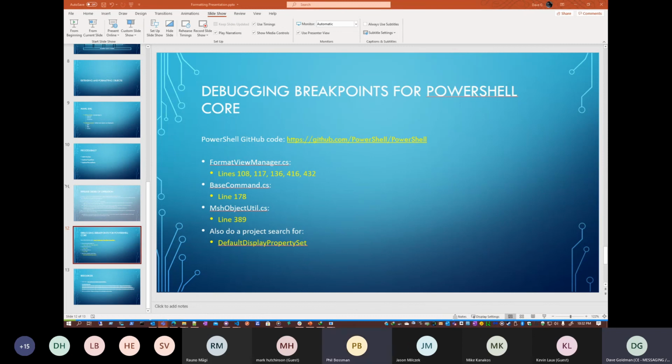If you want to do a simple repro, just do like we did here: create your own custom object, give it a type name, create a simple view, set that breakpoint, build your environment and run it. You can step through the code and actually see all four of the steps we went through: the format view manager, some of the base command stuff, the marshalling. You can see how all of this works. Super interesting. Great job.